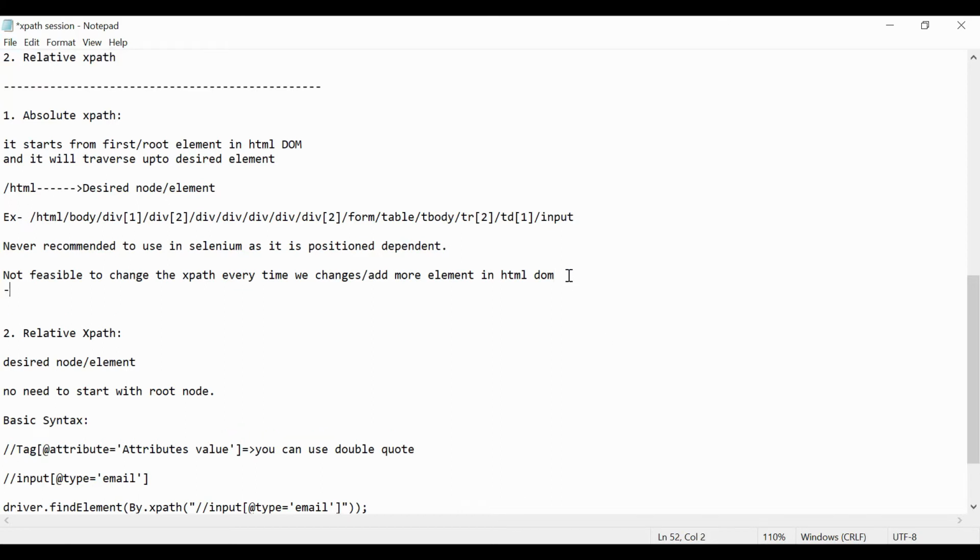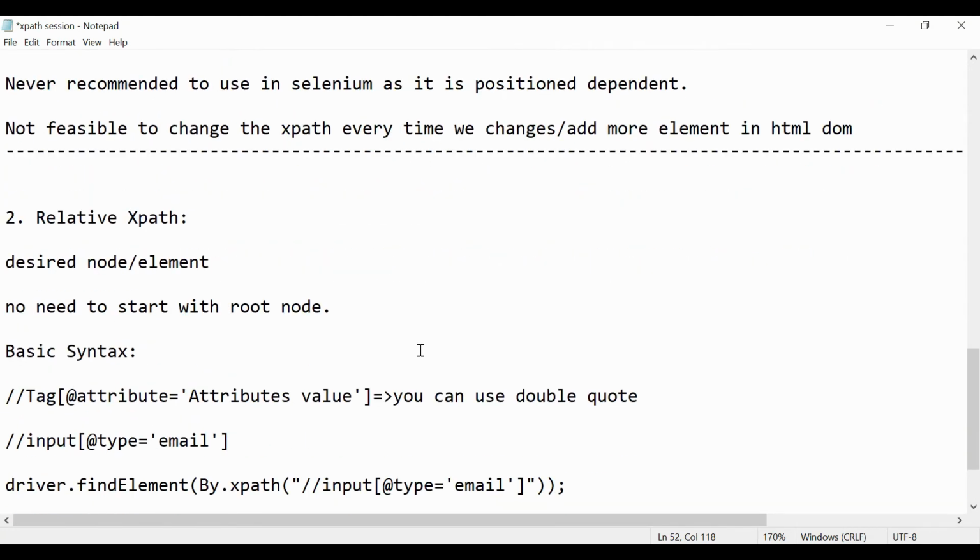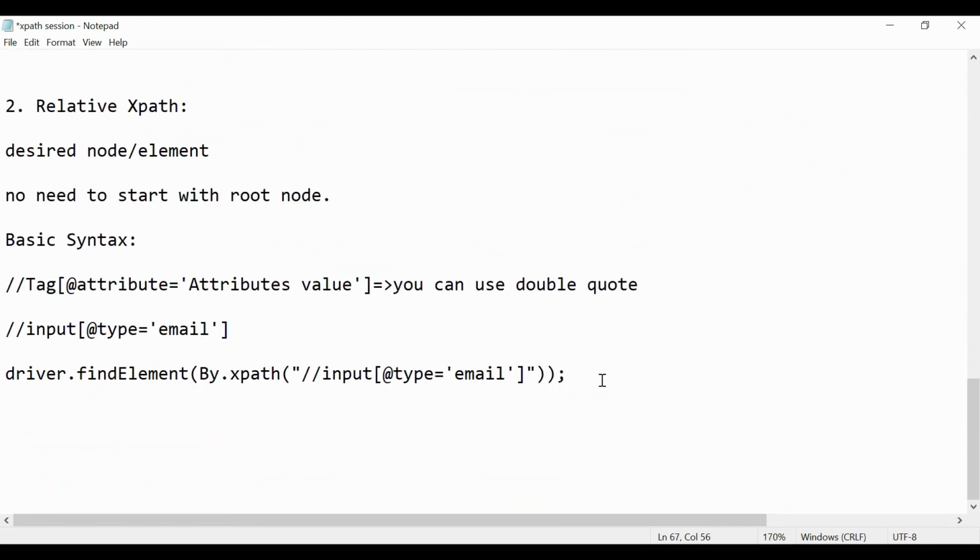So this is our relative XPath. In the syntax, we use the tag here. Double slash with the tag means go and find the element with the input tag.